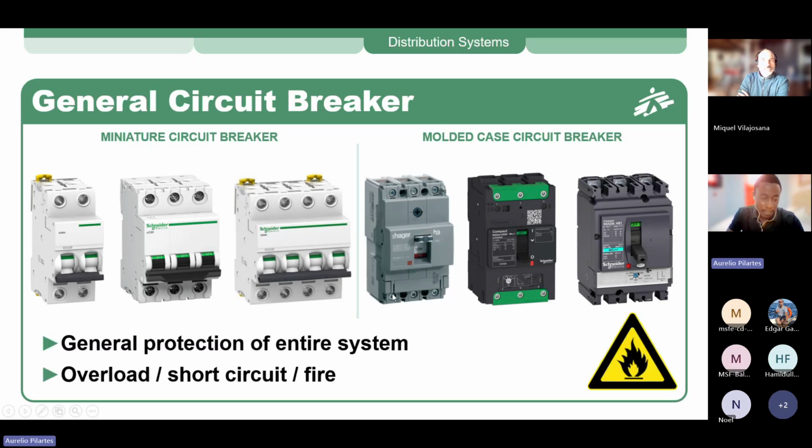Okay. So as we said, any short circuit or overload could lead to fire in a system. So this is why, when you say these MCBs protect the whole system against short circuit and overload, indirectly they also protect people against fire, because they prevent short circuits, which could lead to fire. And in most cases of electrical fire, they are due to a short circuit or overcurrent in the system.